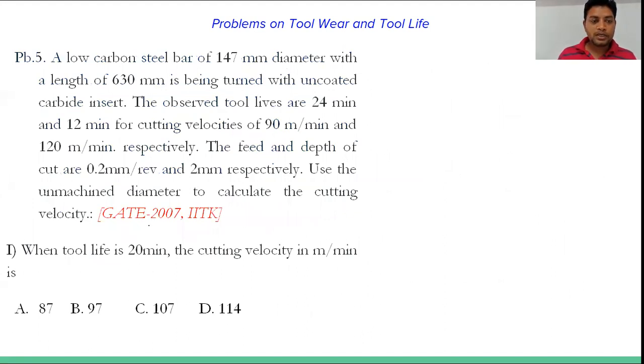This is the problem that has been asked in GATE 2007, organized by IIT Kanpur, and this is basically the linked data question. So what is the difference in the linked data and the common data? Whatever the data that is given to you, from that data you are getting the answer of the first question. If it is a linked data, then the answer that you are getting from the first question will be really required to calculate the value in the second problem. Okay, by using this first answer only we'll get to know the second answer.